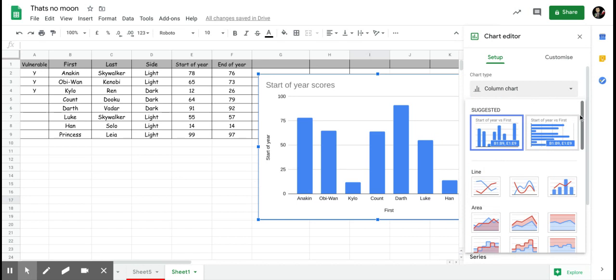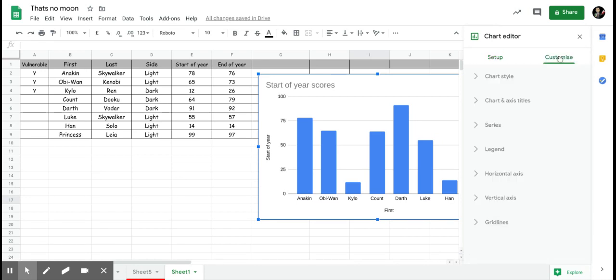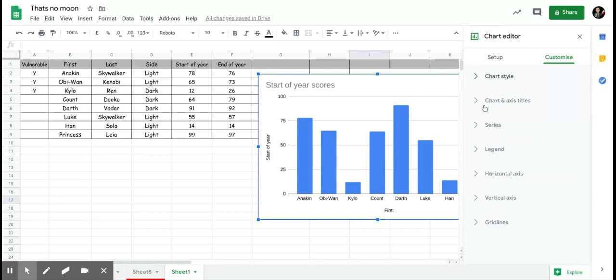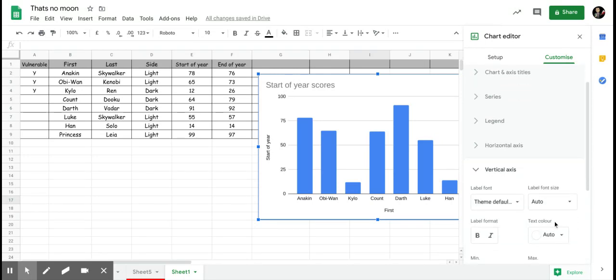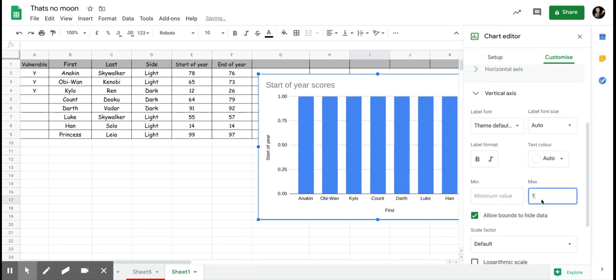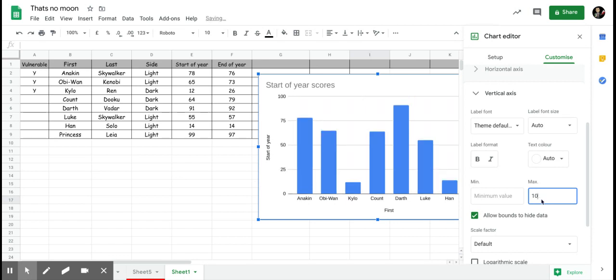So setup lets me talk about the type of chart I actually want. Customize just basically goes into appearance. So I can change the style, the colors, I can change how it appears, I can make it 3D, I can do all sorts of things like that to it, and I can fiddle around with the titles and the axes as well. So if I decide that the axis doesn't need to go up to 100, say my test was at 100, it's automatically giving it a size, but I could say the maximum value could be 105. I can fiddle around with my axes on the side if I really want to,